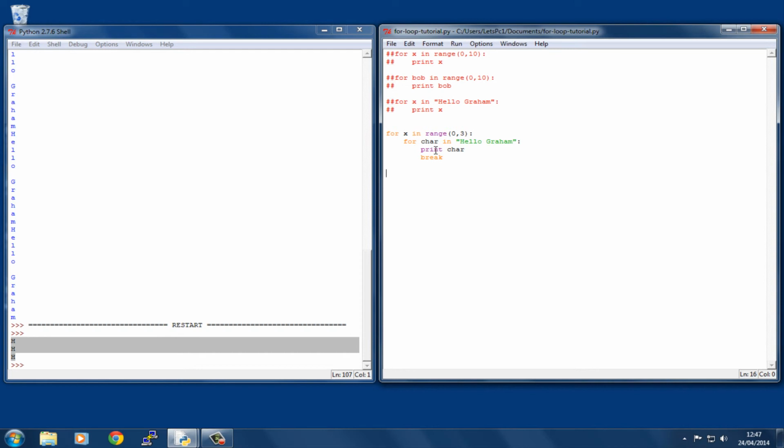So the for loop is very useful for when you want to do things a specified number of times. Now we could, for example, replace these range numbers with variables. Well, let's just see it in action, shall we? Let's just copy what we had up here, put it down here,